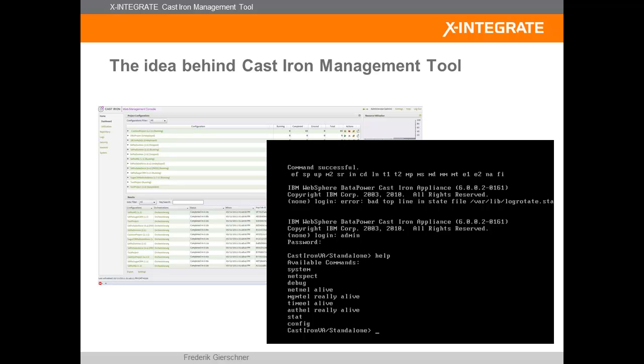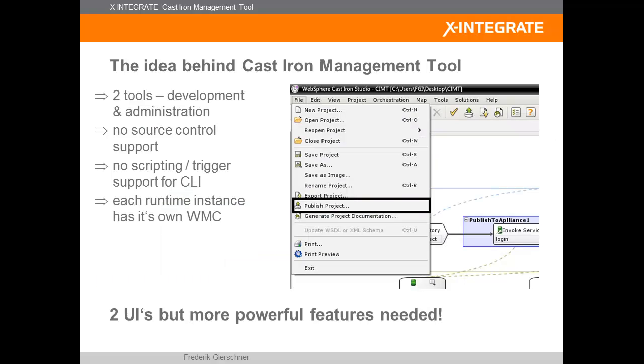Each Cast Iron virtual appliance instance provides two user interfaces. The first one is the web management console and the second one is the command line interface. Projects can be published directly to the appliance from the Cast Iron Studio, which means that each Cast Iron appliance has its own project repository and different project versions are stored on the virtual appliance instead of a version management